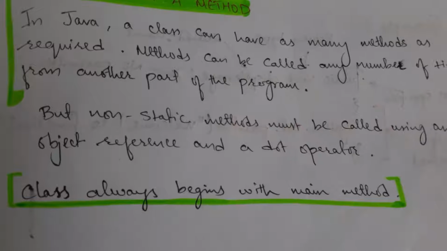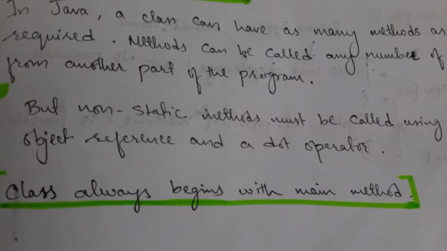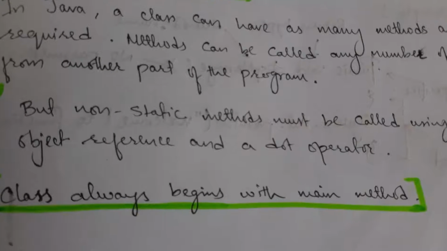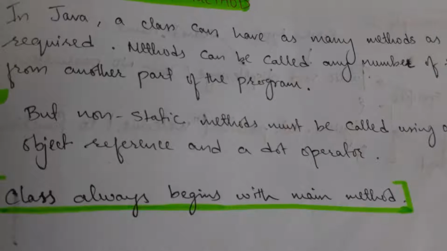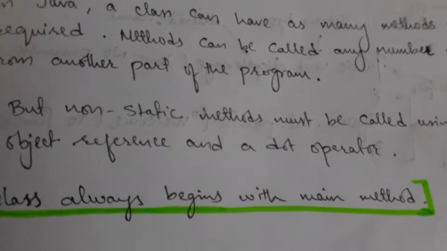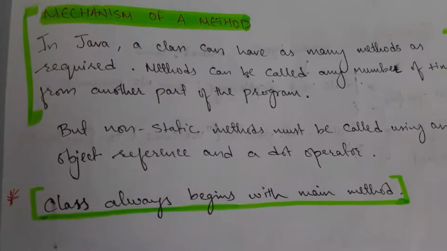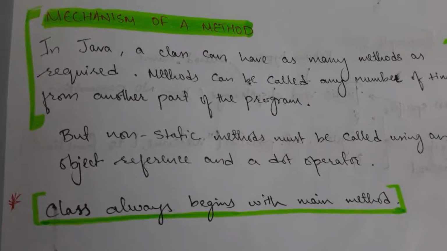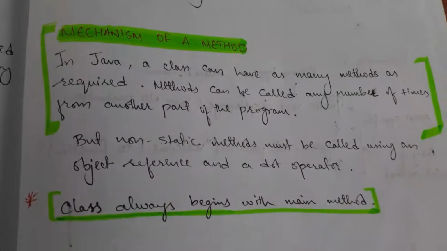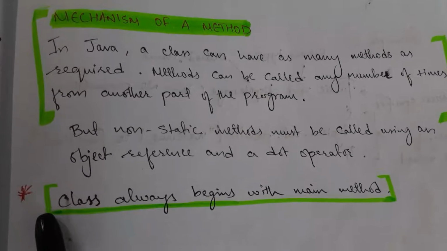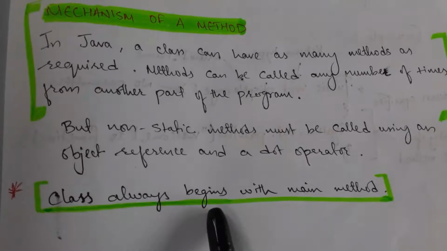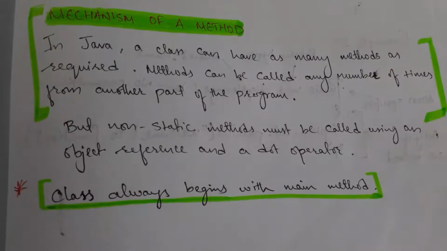Remember this one. The main method, like the statement public static void main throws IOException, or public static void main only, public static void main args. So these are the different statements which have to be written just below the class, after defining a class, and those statements are considered as the main method. Always remember this every time whenever you are writing a Java program. So a class always begins with the main method. After defining a class, the class begins with the main method part.